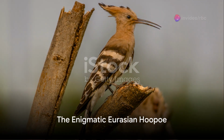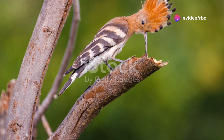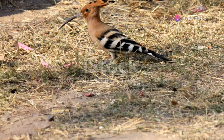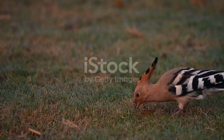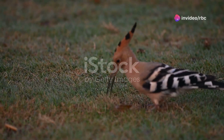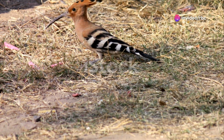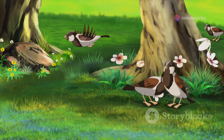Ever heard of a bird with a name as peculiar as its appearance? The Eurasian Hoopoe? This fascinating creature, known scientifically as Upupa epops, is a feast for the eyes. Imagine a bird with a crown of feathers that fan out in a distinctive crest, like a punk rocker of the avian world. Its wings, a striking contrast of black and white, flutter in a flight pattern that's as unique